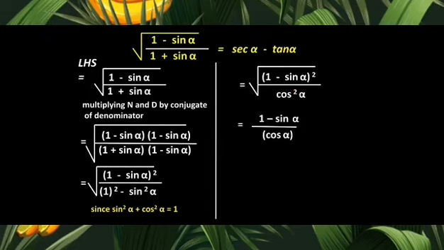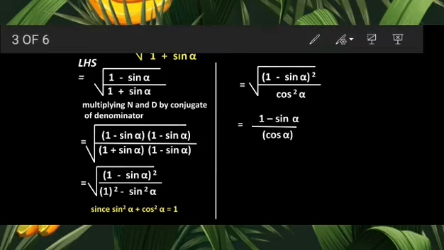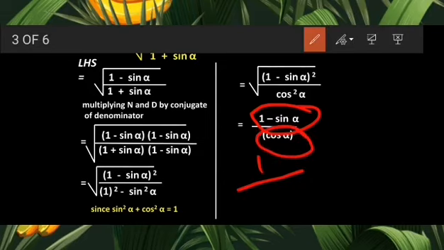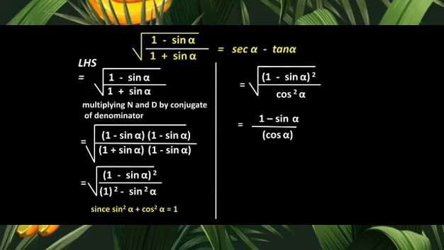Right? Now the next step is splitting the terms. How? In the numerator we have only 1 minus sin alpha, so 1 upon cos alpha in the denominator as a single term, it goes to both the terms in the numerator. So we have 1 upon cos alpha minus, as it is, sin alpha upon cos alpha. And if you remember the trigonometric relation that we learnt in the first video, you will come to know that 1 upon cos alpha is nothing but sec alpha, and sin alpha upon cos alpha is nothing but tan alpha. And as a result we have actually reached our RHS.